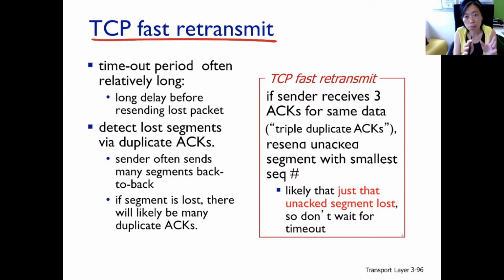In order to explain why we need fast retransmission, let's go back a little bit. When a TCP sender experiences a timeout event, what does it do? Dropping the window size down to 1 and setting the timeout interval to twice the current value. Okay? Because the TCP sender actually considers a timeout event as the network being congested.